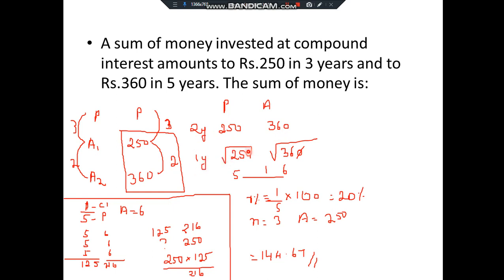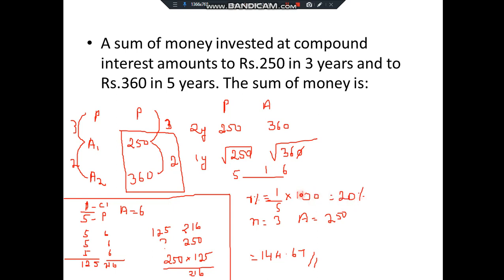Before taking the square root, first simplify it to a root value. So 250 and 360, cancel the 0, so it becomes 25 and 36, which is a perfect square, right? Root of 25 is 5 and root of 36 is 6. That is, from principal to amount, 5 to 6, they have charged an interest of 1 rupee. So 1 out of 5. For 100 how much it will be, we'll have to find. Hope you understood. That is 1 rupee is the interest for 5 rupees. So for 100 rupees how much will it be? On simplification we get it as 20%.